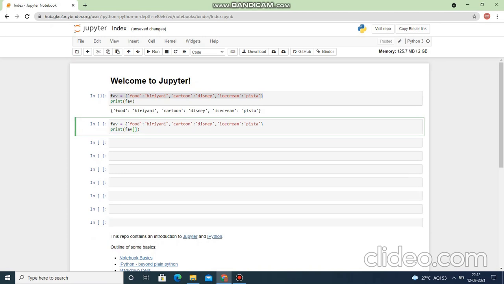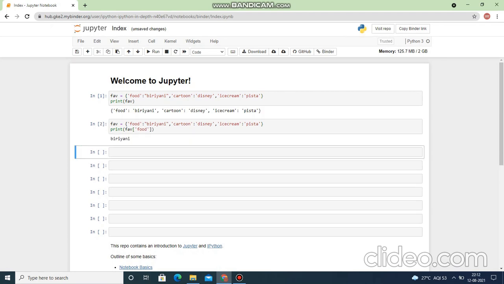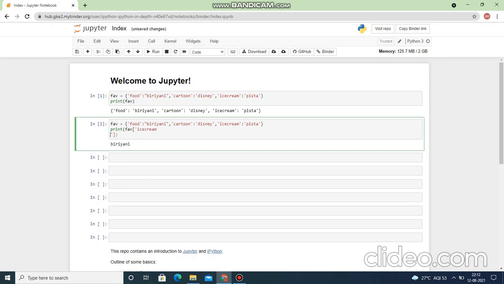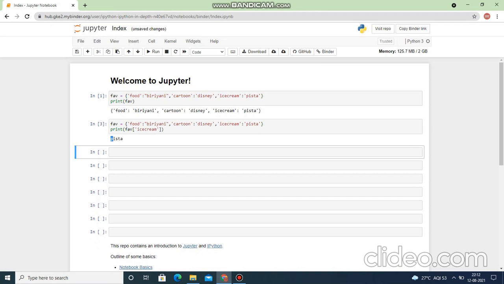Favorite is my variable name. So this is the favorite of food, so I am going to take food. Now you will get biryani. Now let me take ice cream, and now let's see, you will get pista. This is how you access each item.